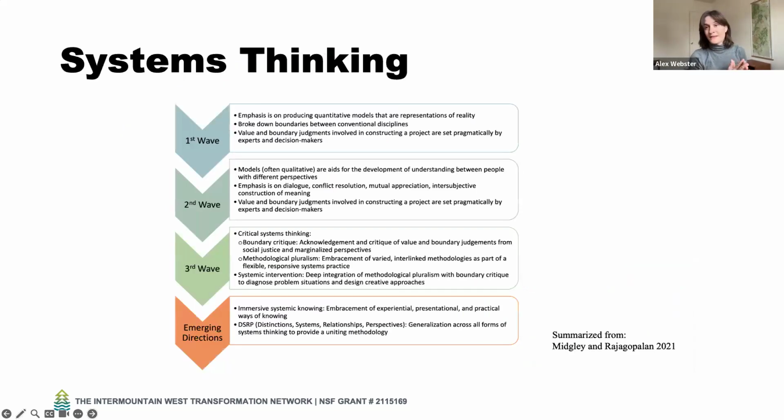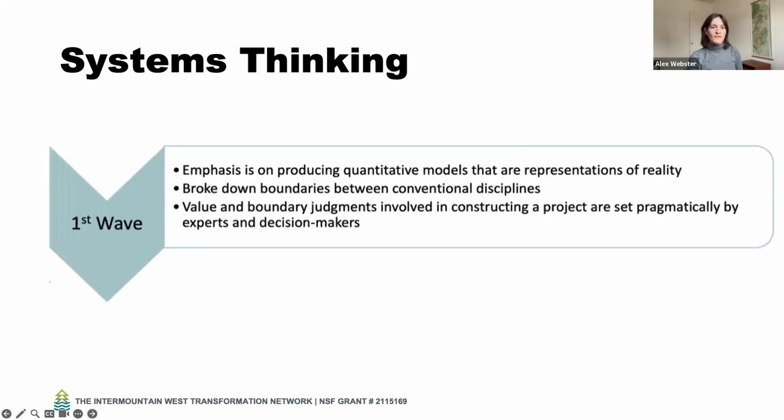Okay, we can go to the next slide. So as a field, systems thinking has undergone several paradigmatic changes or waves, and we have found it useful to consider and understand this history to understand the current state of the field and its usefulness and limitations for convergence research in the TN. So I summarize them here from this great review that I'm citing here, and I'll go through this briefly. So if we go to the next one, the first wave, starting in the 1940s to 60s,